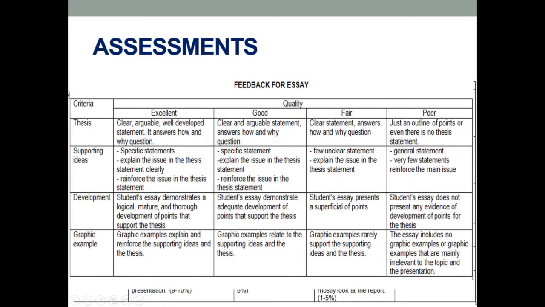In this unit, students are required to create a 750-word essay about how teenagers' behavior affects the parent-child relationship. There are four levels, depending on four criteria: thesis, supporting ideas, development, and graphic. For example, a student's essay assessment will range from